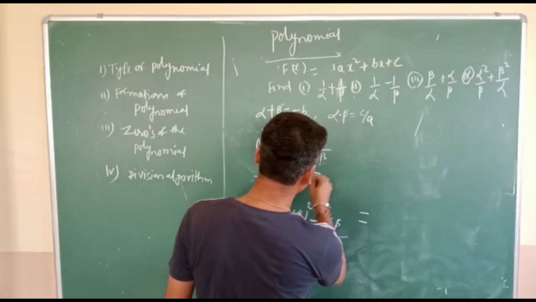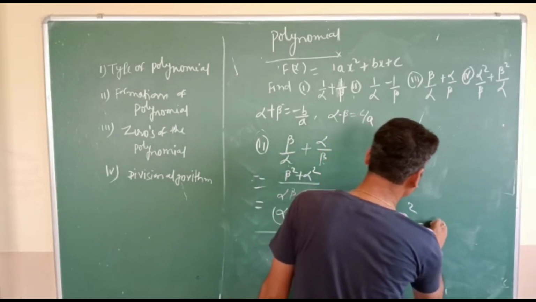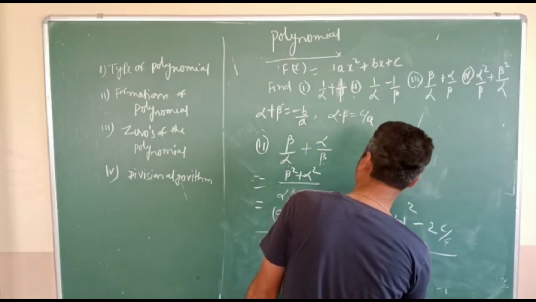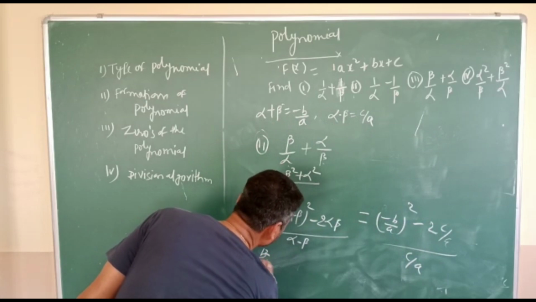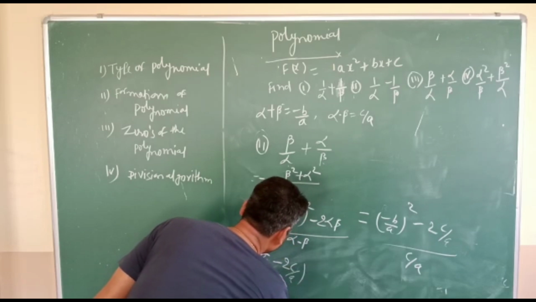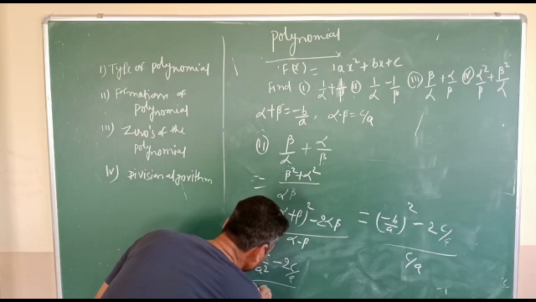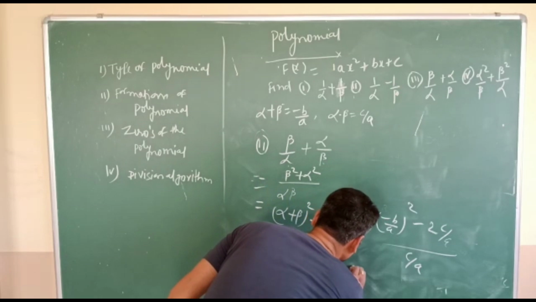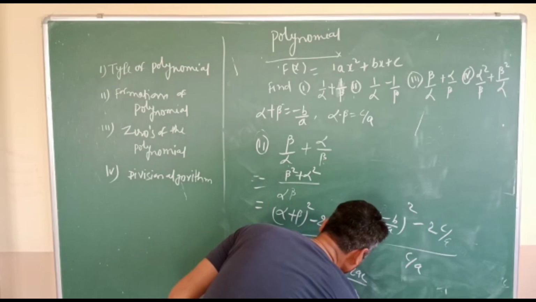Now we will just put the values. So alpha plus beta is how much? Minus b by a, whole square, minus 2 alpha into beta, which is c by a, divided by alpha into beta. Alpha into beta is how much? Again c by a. So my numerator will become b square by a square minus 2c by a, and the denominator will be c by a. Now if you take LCM, we have b square minus 2ac by a square, divided by c by a. An a will go away,